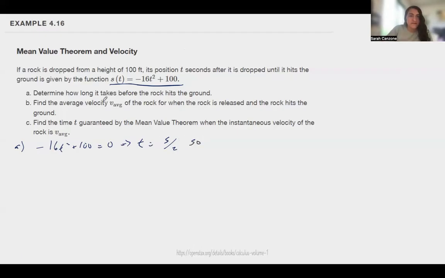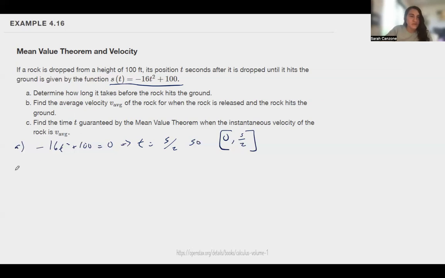And this isn't asked, but the interval that we're going to be looking at is from 0 to 5 over 2. Obviously we're going to start at 0 seconds because there's no such thing as negative 1 seconds, but we're going to end at 5/2 seconds because that's when the rock hits the ground and you can't go below ground because that's weird. Okay, B, find the average velocity of the rock for when the rock is released and hits